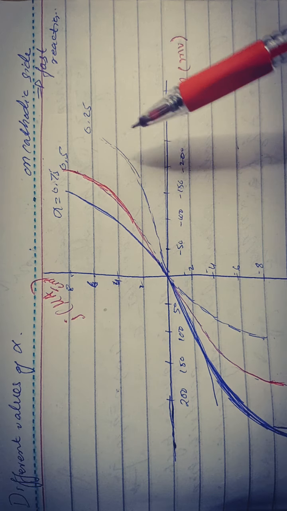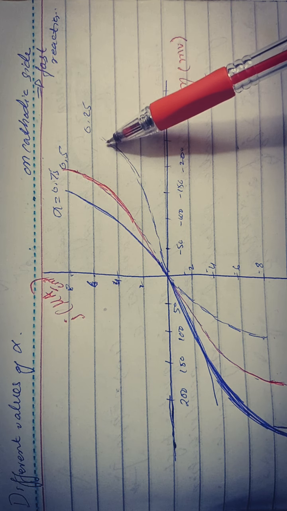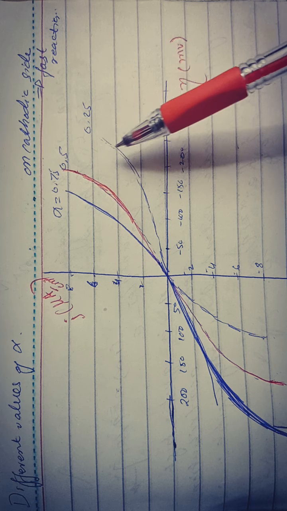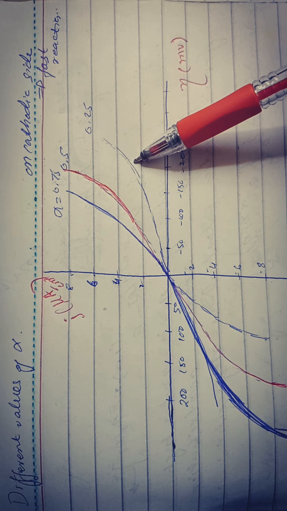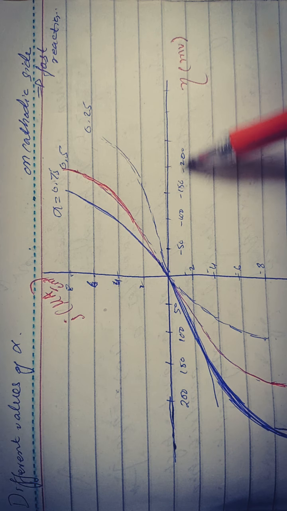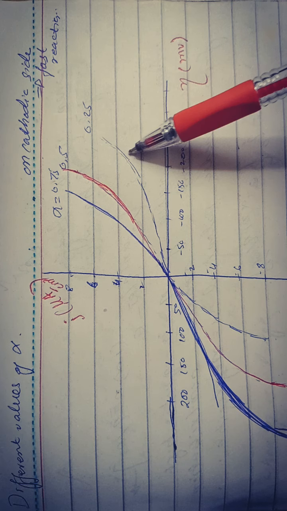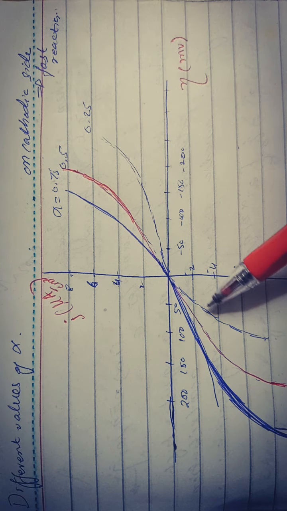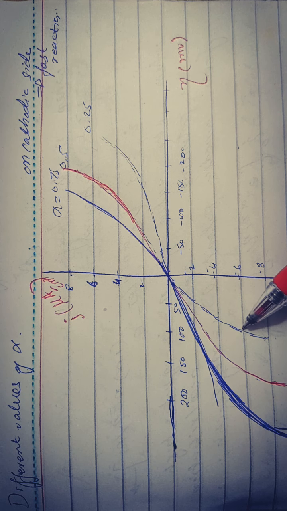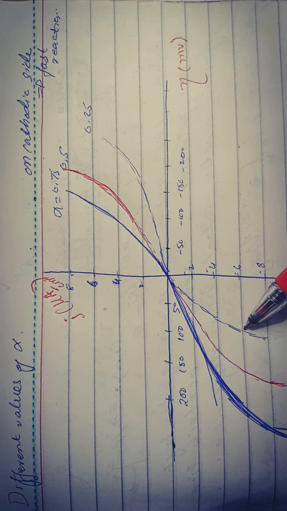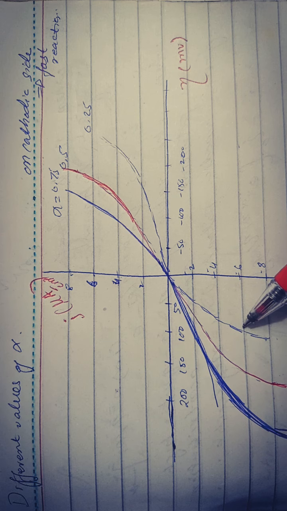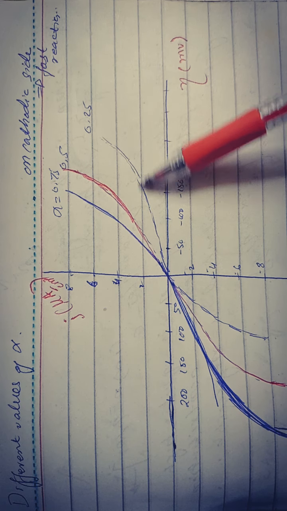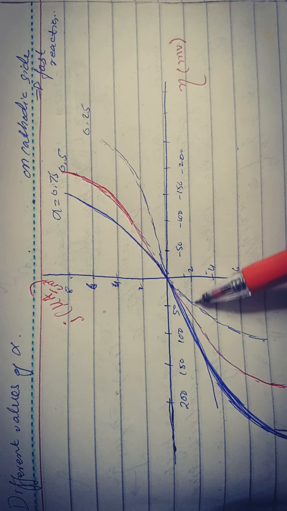Whereas for alpha that is less than 0.5, large negative overpotentials will be required for the generation of cathodic current as compared to the smaller overpotentials required for the generation of a similar amount of current